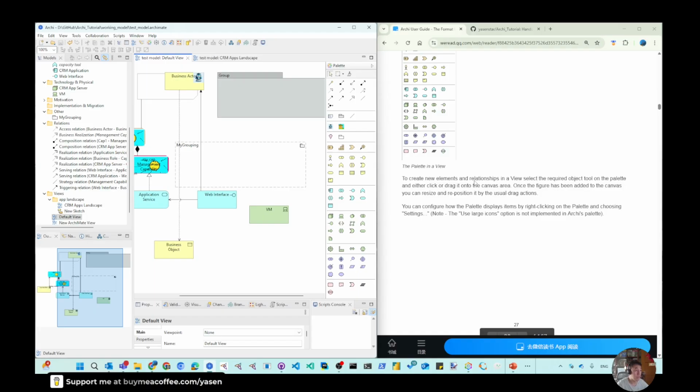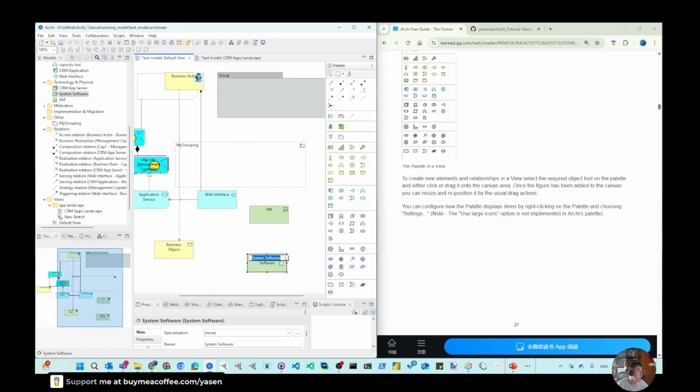Those upper parts we will mention in more detail later on. To create a new element and a relation in a view, select the required element. Like, I want to create our system. This software, select from the palette, then you can drag and drop that into a view. So this view is now quite busy. Later on we will see that this icon is also showing here. That is the